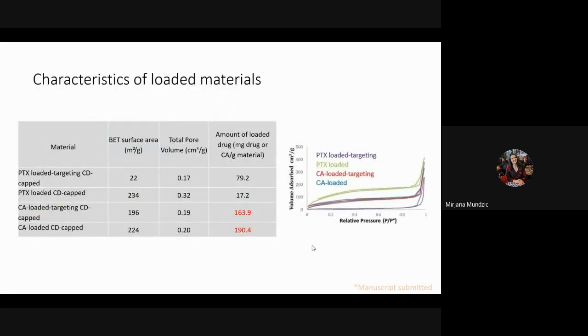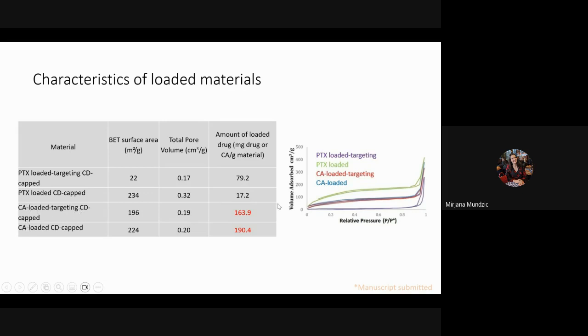As expected, the BET isotherms have changed their form. So they are now not type 4, but type 2, which is actually expected for the beta-cyclodextrin capped material. And what I wanted to stress here is the amount of loaded drug or loaded